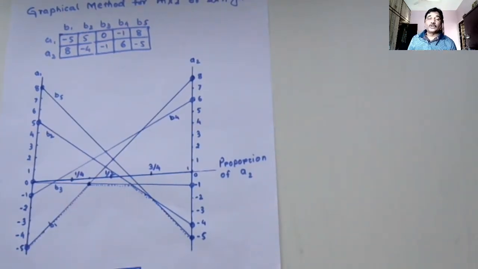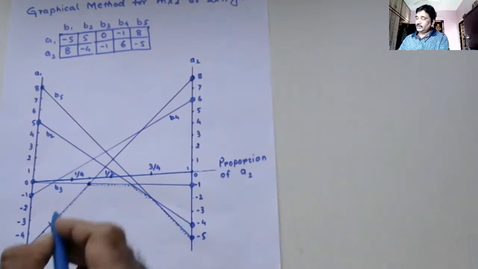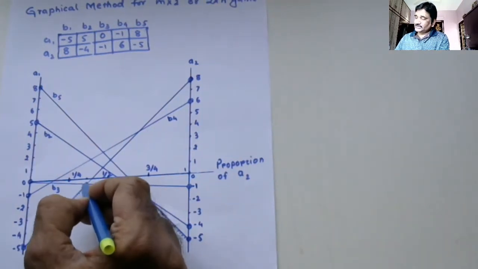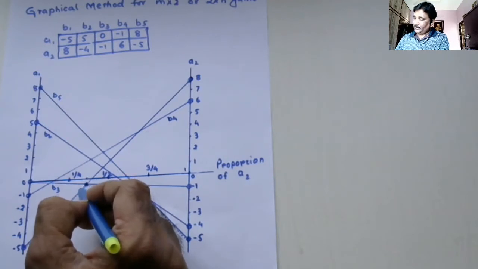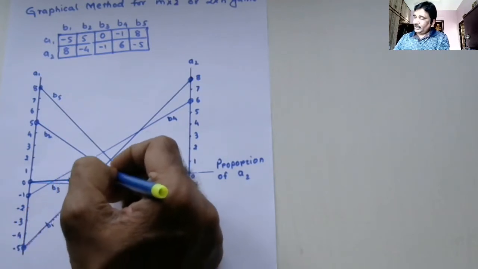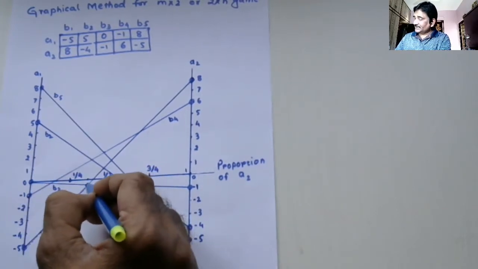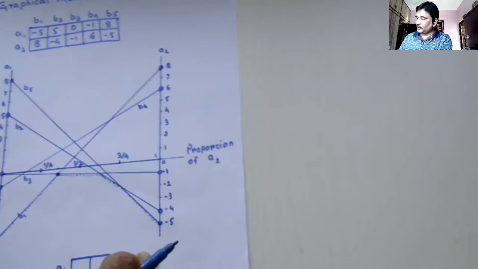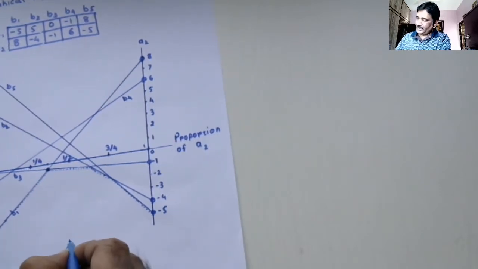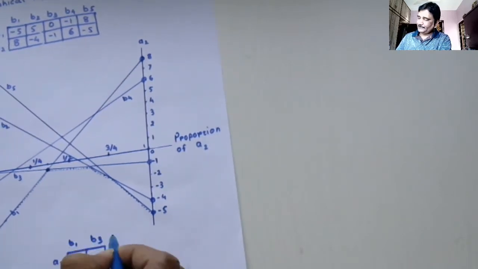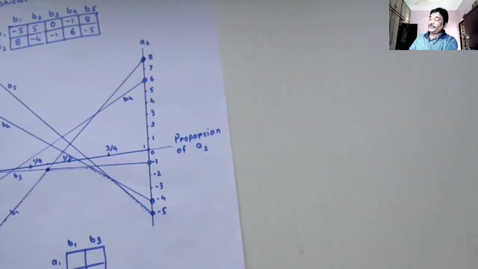So this is what was required by player B. Which two courses of action will be selected by player B is obtained. Okay. The courses of action selected by player B are signified by the lines intersecting. The B1 and B3 is intersecting at this point. This is the highest point of the dome. So player B will be playing B1 and B3. Right?